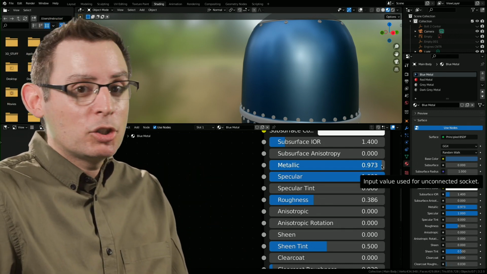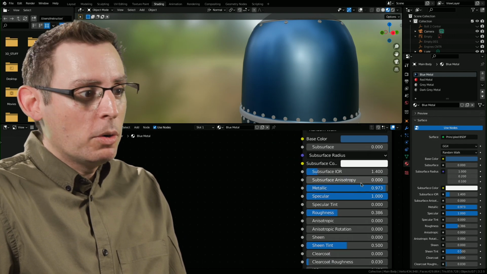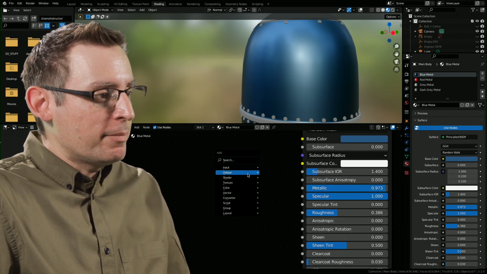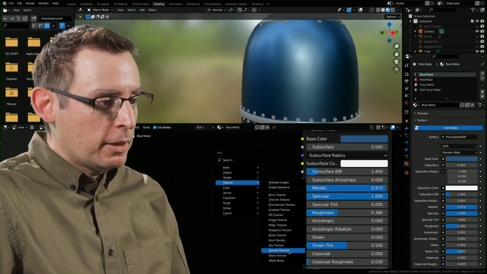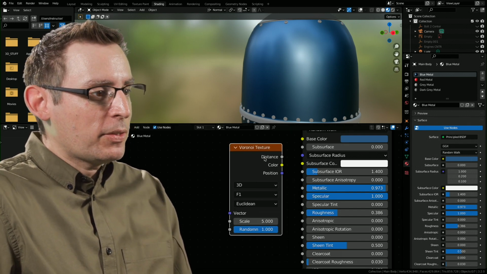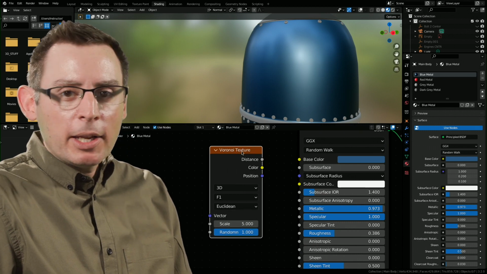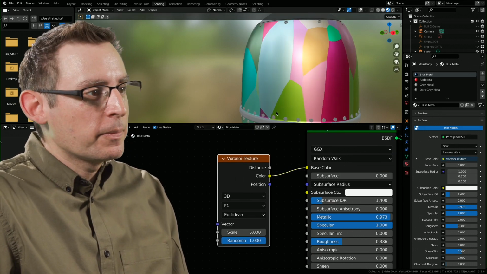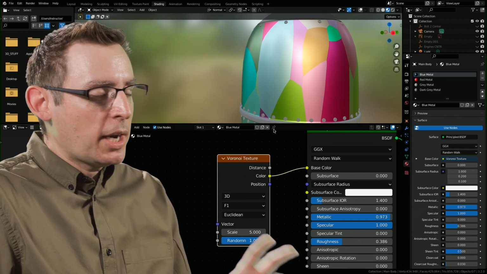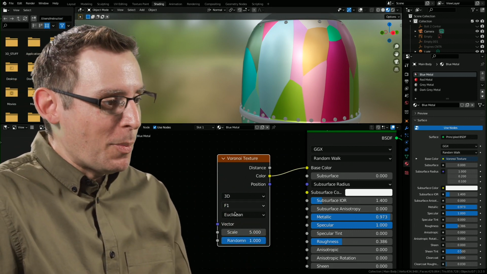And I want to show you another input shader that I enjoy working with. It's called the Voronoi. I want to add it in. Let's go into the texture section of our shader graphs, and we're going to add in the Voronoi. And check out this. This is actually kind of neat. Like we did with the other ones, I'm just going to take the color value and plug it into the base color. And this is what we get. Isn't that kind of cool? It's this really weird, wacky geometric pattern.